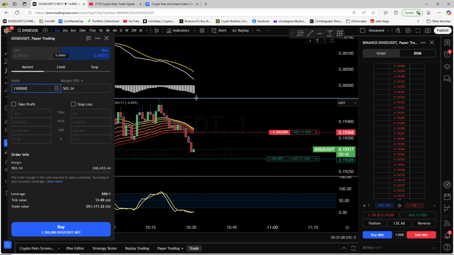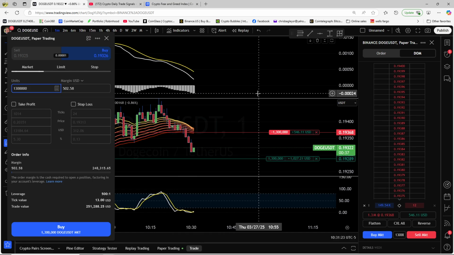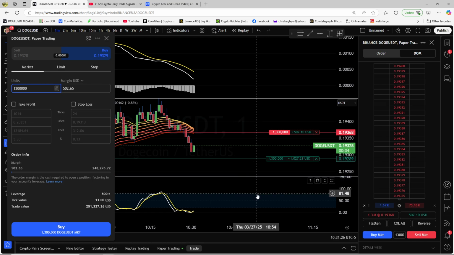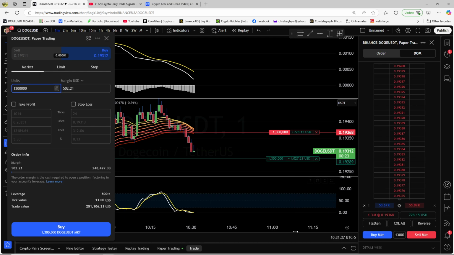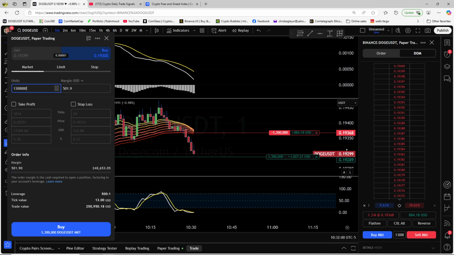All these columns are getting longer to the downside. Come on, just a little bit more. We can probably sit here and get more out of this too